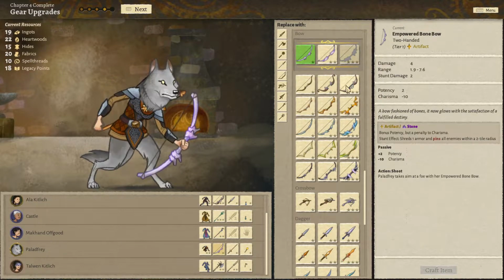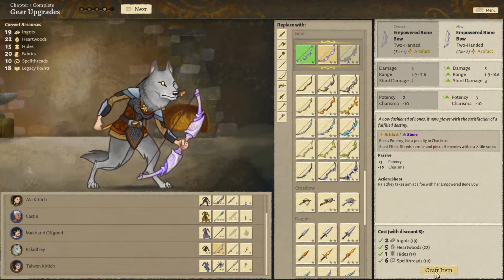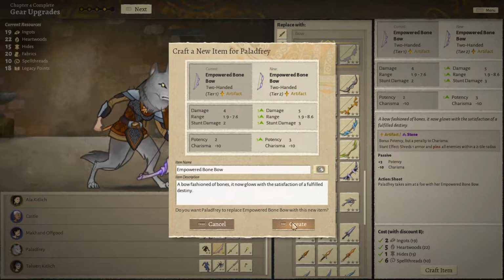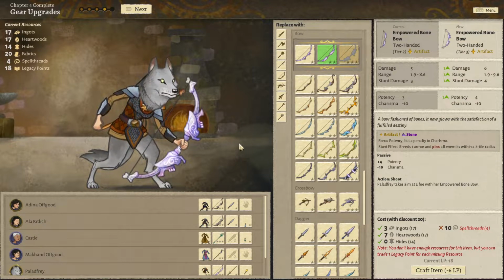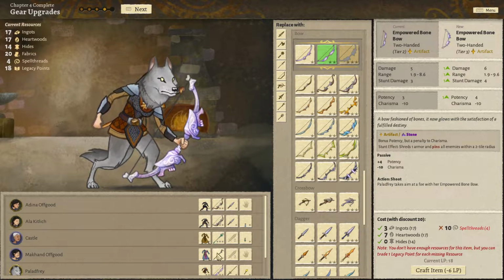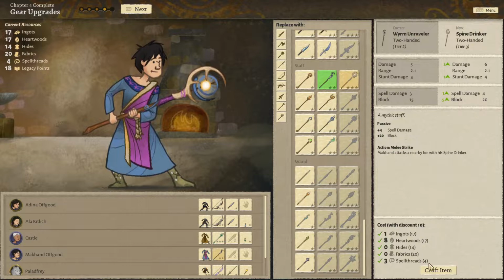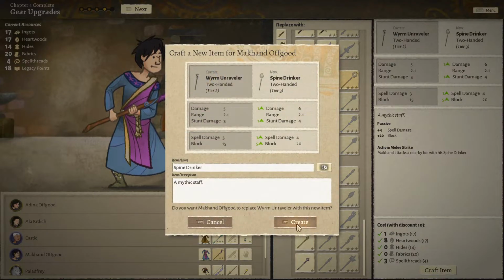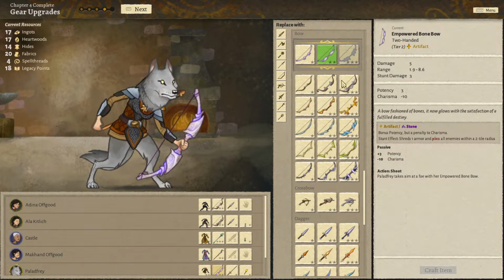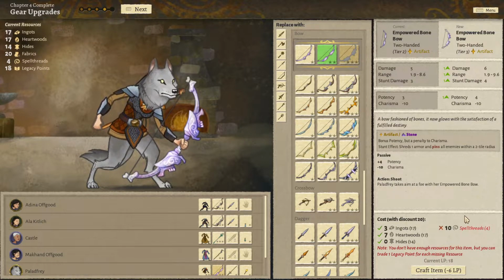I think Pallidfree needs a better bow. Yeah, that's a must-have, I'm pretty confident. Increases her potency too, which makes everything stronger. She may actually be worth 6 legacy points here. Maybe. Let's briefly look over here. I could still get discount 10 on his staff. I'm pretty much guaranteed to be bringing him with me, so I think this is a good upgrade here. But if I upgrade her bow, I mean, it's like...